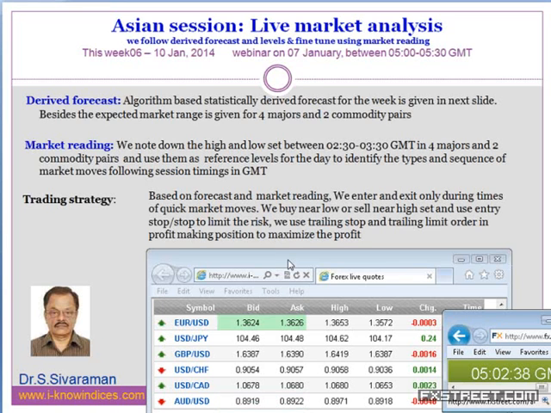But still, the players will try to take the maximum advantage by making whipsaw moves in the market from time to time. So you know that week beginning, they try to make subdued moves. Yesterday they had done it, and they just made the dip from the Friday close and then started gaining small levels in the case of Euro and GBP, and also made a small drop in the case of USD Yen, and they are holding all those pairs. And they are expected to continue to gain the levels this week because this week is full of action.